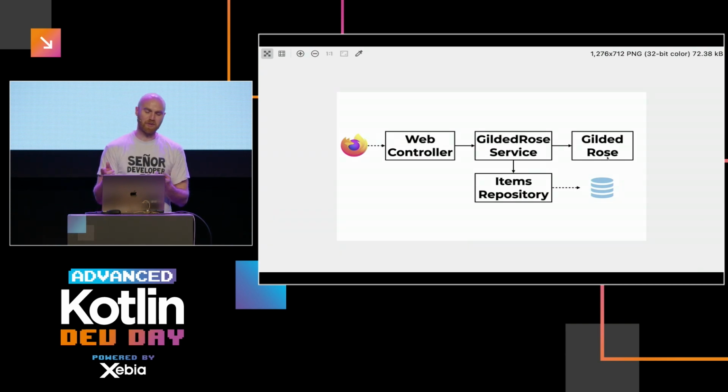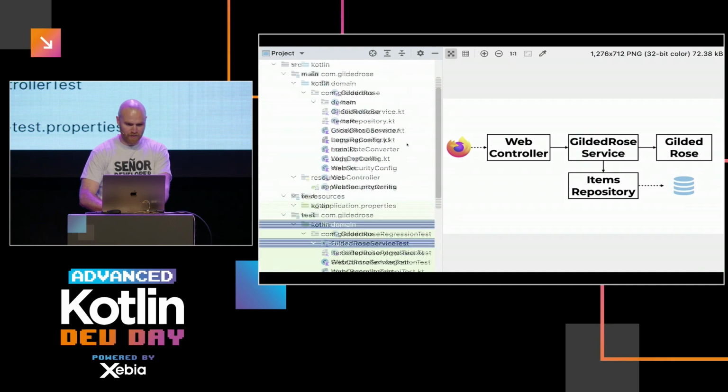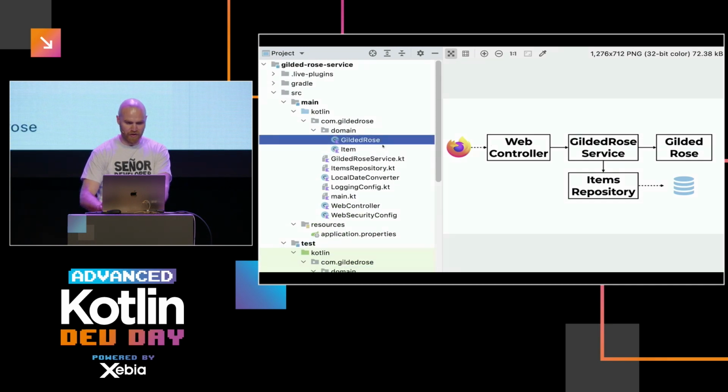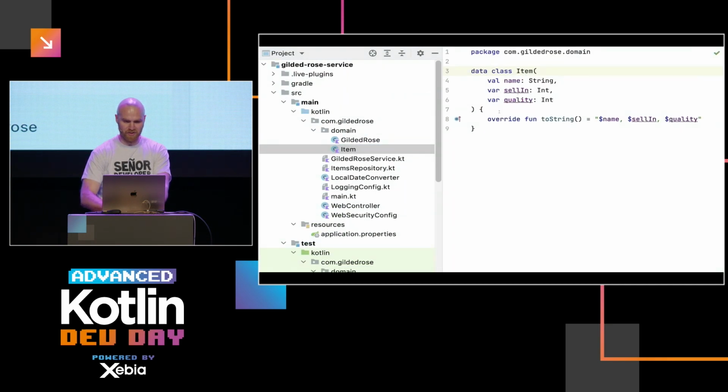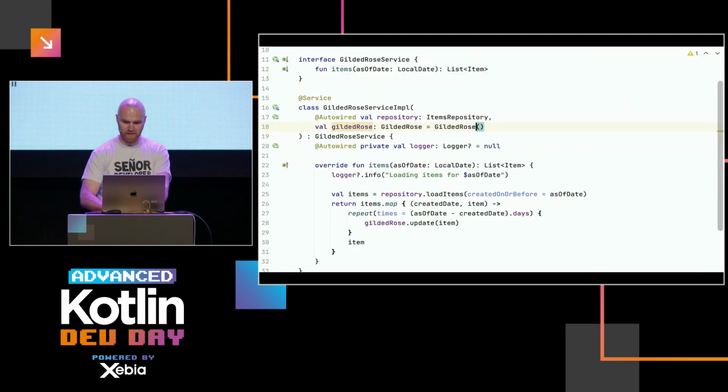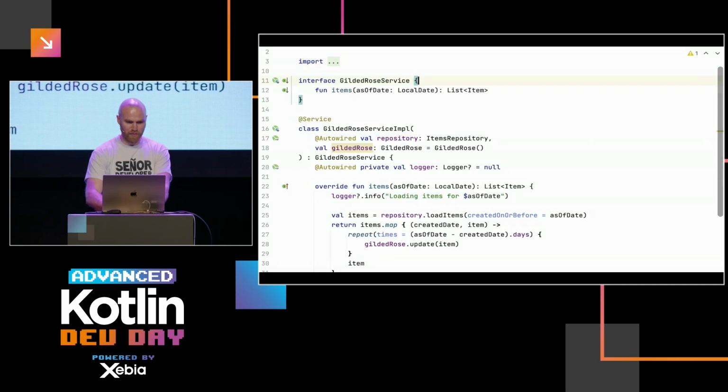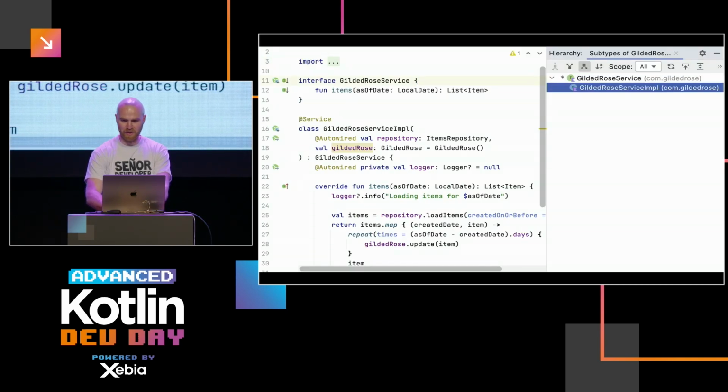And if we wanted, we could follow the methodology of just doing leaves first, but let's maybe try GildedRows, move into the middle. Might be interesting to show what we've done. We did GildedRows. GildedRows uses Item, which is just a data class, so we don't need to do any of that. And then there is GildedRows service. With GildedRows service, there is one interface, which has one implementation. I think it's a bit odd.